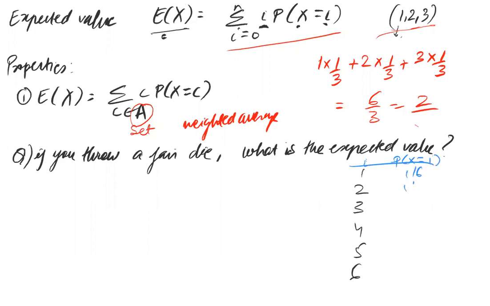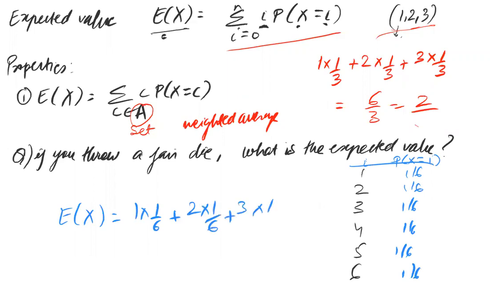2 would also be 1 by 6. 3 is 1 by 6. 4 is 1 by 6. 5 is 1 by 6. And 6 is also 1 by 6. So the expected value of x here would be 1 times 1 by 6 plus 2 times 1 by 6 plus 3 times 1 by 6 plus 4 times 1 by 6. Which essentially is 1 by 6 times 1 plus 2 plus 3 plus 4 plus 5 plus 6, which is